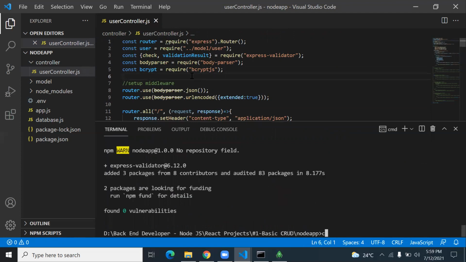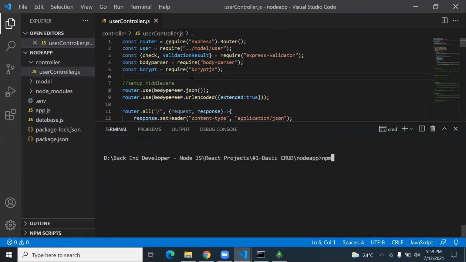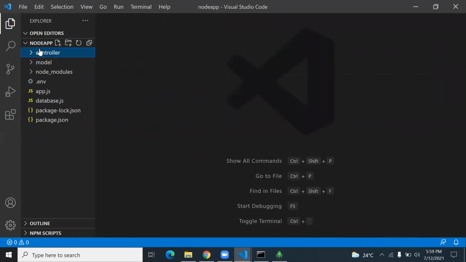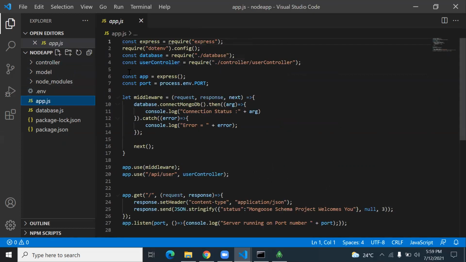So I also installed one more module. It is npm install bcrypt.js. Okay, body parser also I installed. Express validator I installed. Now I close this, go for the app. There I added the Express application, database configuration, controller configuration, middleware setup to connect database. Then I created this API/user as one